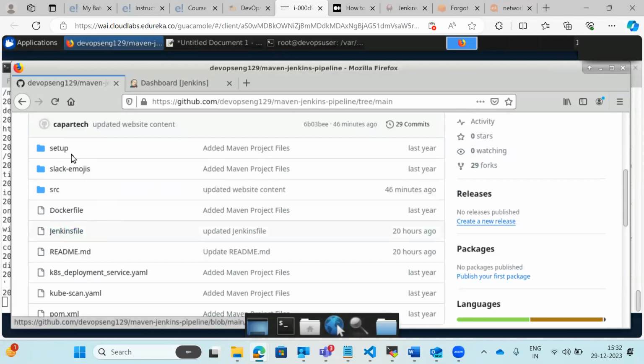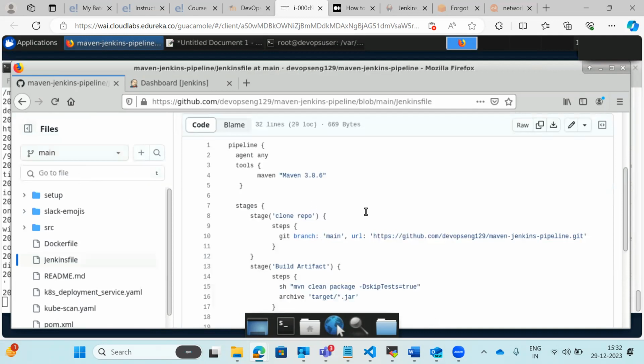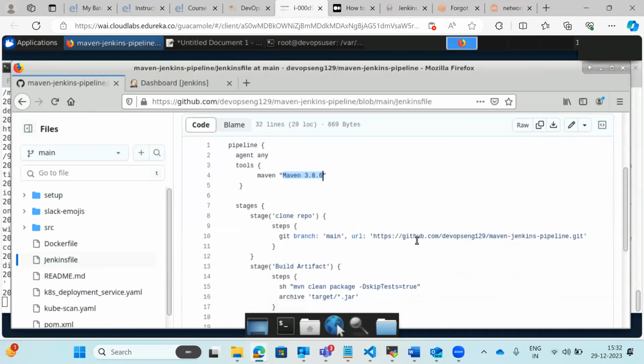So this is my Jenkinsfile, which is present there in my version control system itself. In this Jenkinsfile, I have created a few steps. First thing is I require Maven. The name of the tool which I have given is Maven 3.8.6, and we will have to do this tool configuration in our Jenkins UI. Next thing is to clone the repository. The branch from where the repository will be cloned is the main branch, and this is the URL which is just pointing to my